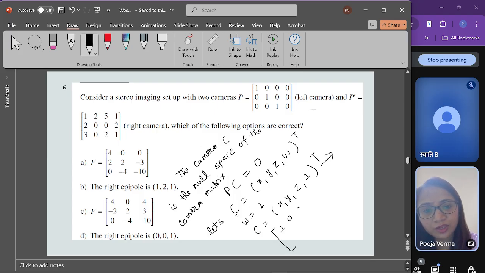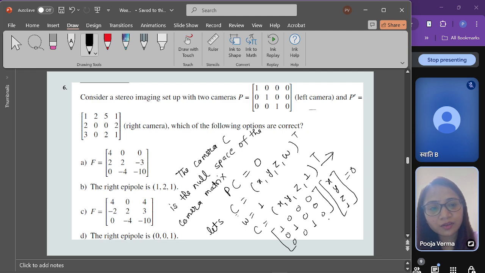So [1, 0, 0, 0; 0, 1, 0, 0; 0, 0, 1, 0] times [x, y, z, 1] is equal to 0, right? If you solve it, or otherwise, in one previous question I have already told you, if the last column of the matrix, in any matrix, is all zeros,